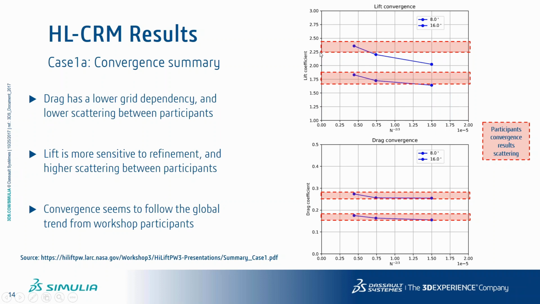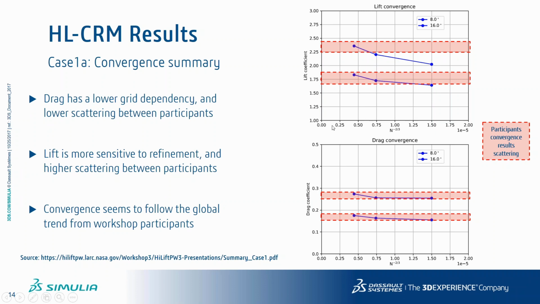What's interesting is that we highlighted in red, from the summary available from the High Lift Prediction Workshop, the difference and the scattering between the results of the participants. The reddish area is where all participants converged with their solution. Two interesting things: first, there is much less scattering in the drag coefficient than in the lift. And secondly, we converge towards what most participants predicted. So that's apparently, at first sight, a good sign